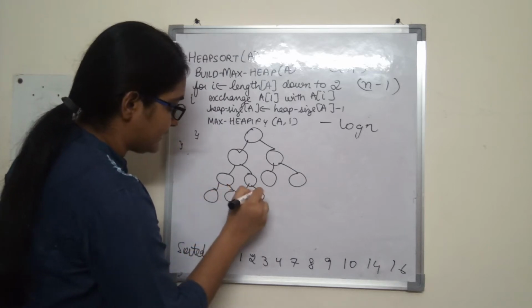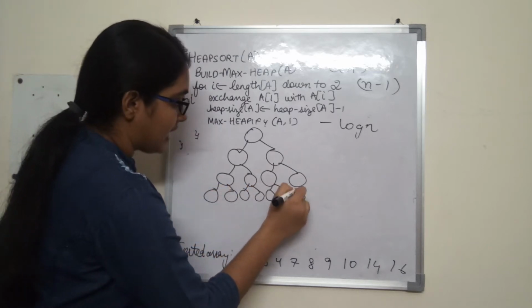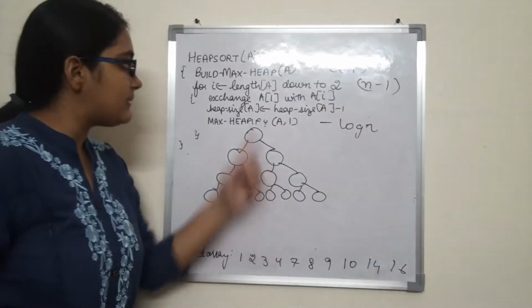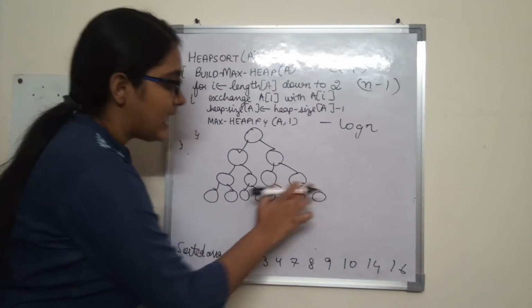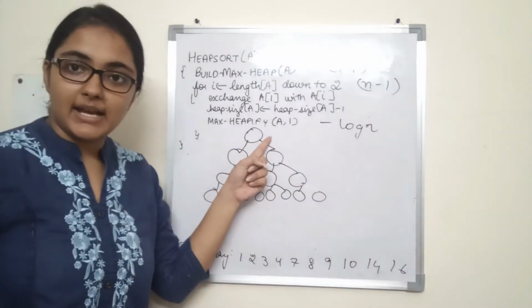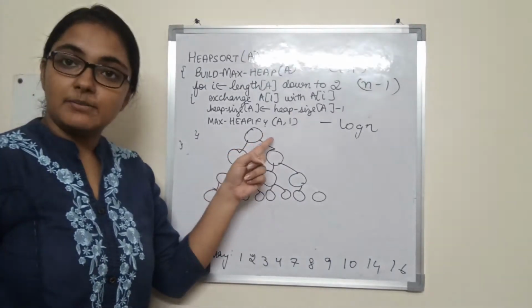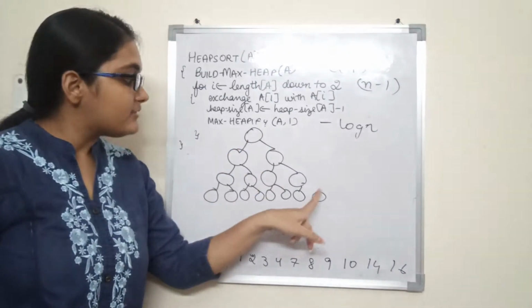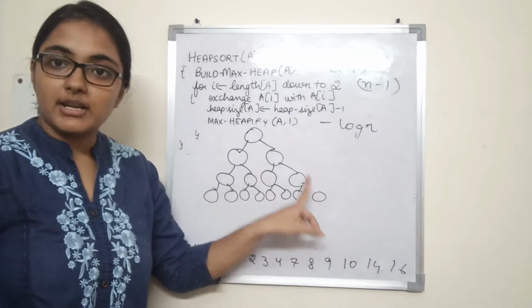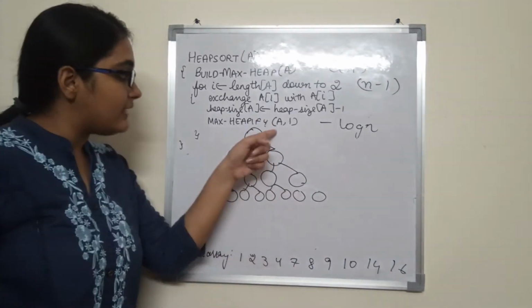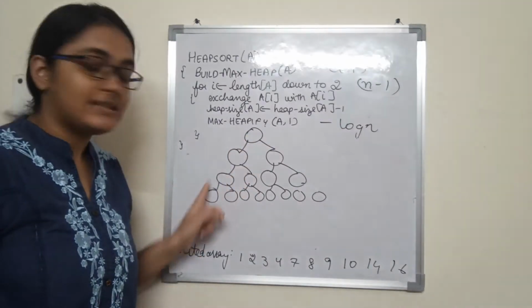If I say that this is the heap, right? Now what are we doing? We are simply exchanging it. When we are exchanging, constant time is taken. We are decreasing the heap size and calling max heapify on the root node, but the height of the tree remains log n itself. Why? Because deleting one leaf doesn't alter the height of the tree, right? So when we again call max heapify, the height remains the same, right?